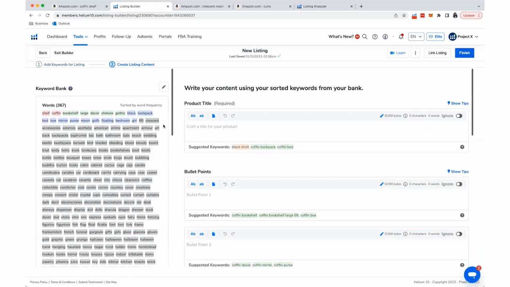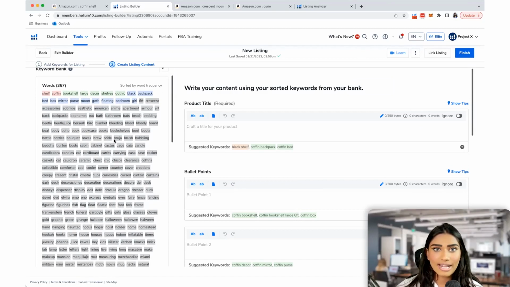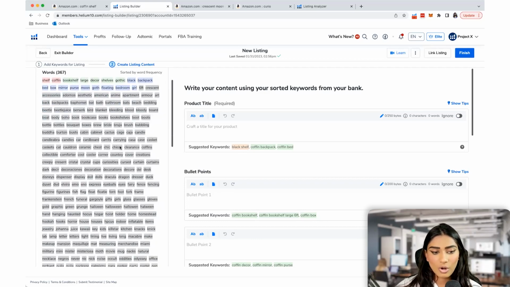But when we click next, you'll see that all of my words that I had inputted, or the phrases, they're segmented into words and phrases on your left-hand side. And this is color coded. So the red ones are the ones that show up the most. And then the cooler tones are the ones that don't show up as much.